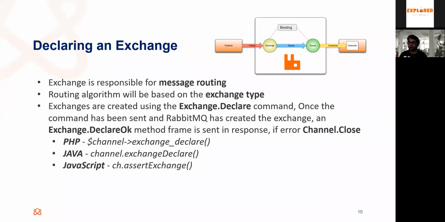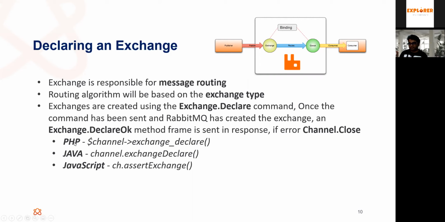So how can we create an exchange? To create an exchange, we have to issue the exchange.declare command. Once we send this command to RabbitMQ with the name of the exchange, it will send back exchange.declare-ok. Then we know the exchange is created, and we can use it. If some error happens, then that channel will be closed.